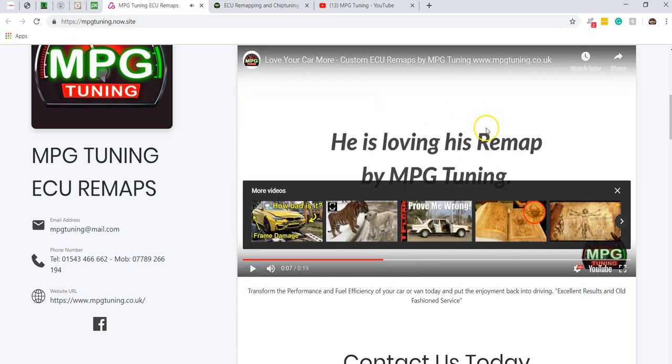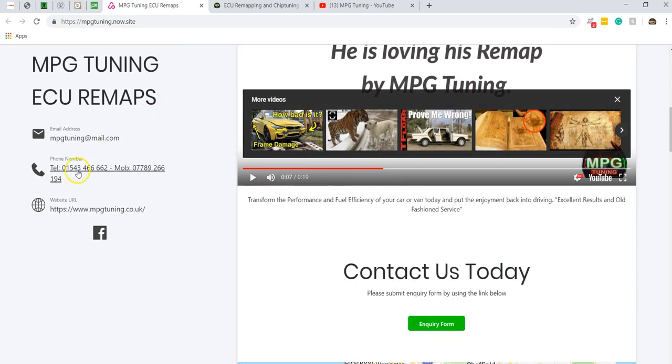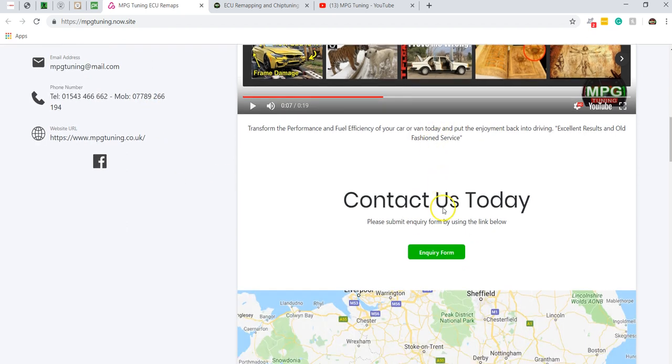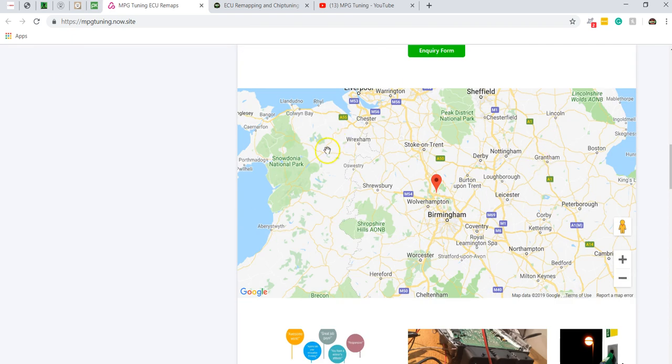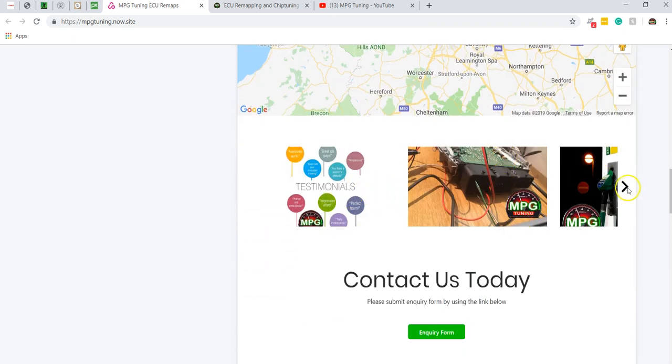Anyway, I won't bore you with all of that. That's a video there. These are your contact details on the left-hand side. I'll go through how to put those in as well. And then I've put a contact us button in there, and obviously the map to indicate where we are. Here I've put a